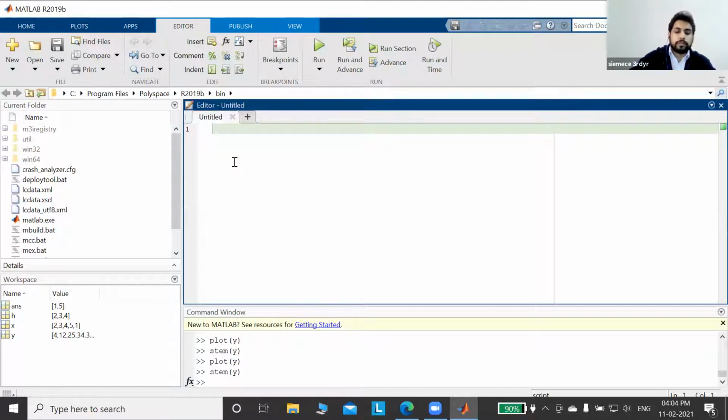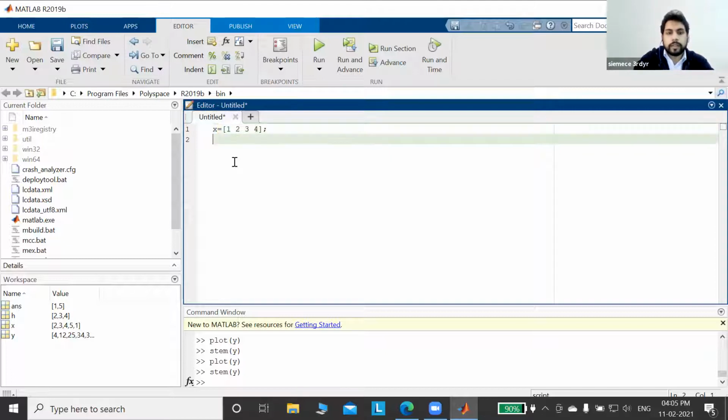Suppose I write x equal to 1, 2, 3, 4. This is the first input. Then h equal to 3, 4, 5, 6, 1. This is our h.